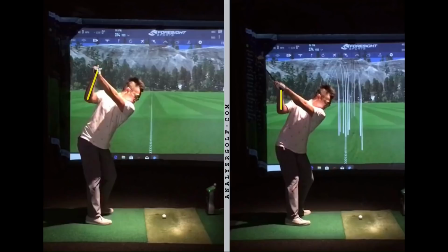In my previous video I mentioned I like the right forearm being roughly 90 degrees to the ground if possible, just as a rough guideline, and with good width and depth. So, way different backswing positions with the drill and the starting swing on the left. So from there,